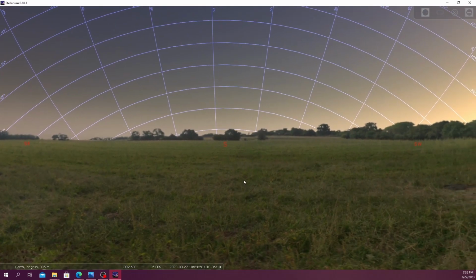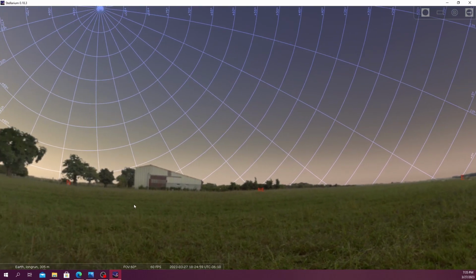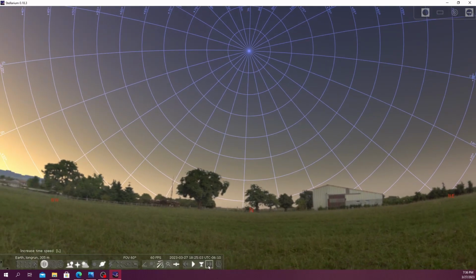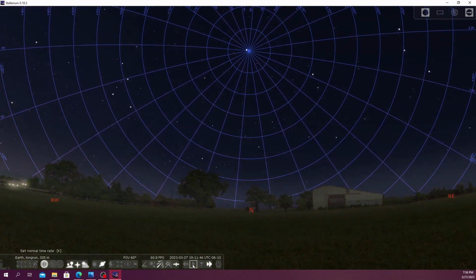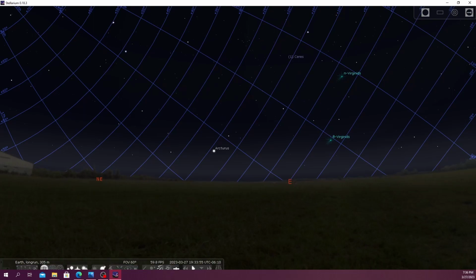In the northern hemisphere, you can see stars in the southern hemisphere, but you can't see the southern celestial pole. And everything rotates in the sky from east to west. If we were to fast forward this a little bit, we could see that rotation. So the sun goes down in the west, stars are rising in the east,